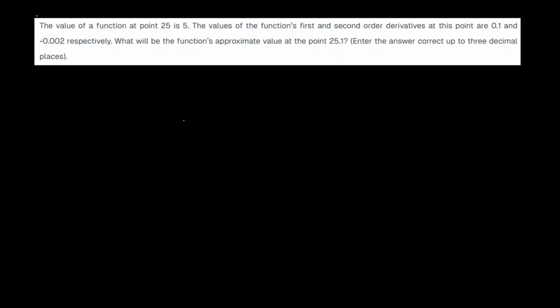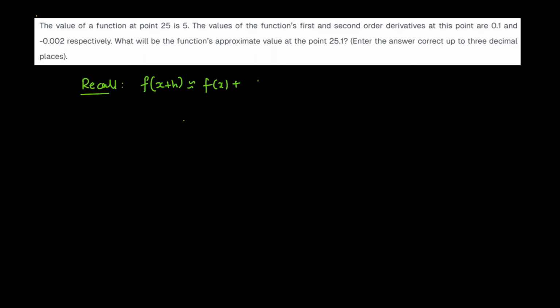So here we have a question where the values of a function and its derivatives are given, and we are asked to find the approximate value at a particular point, right? So before doing this, let me recall that if I want to approximate any function value, say f at x plus h, where h is a relatively small value, then it can be approximated as